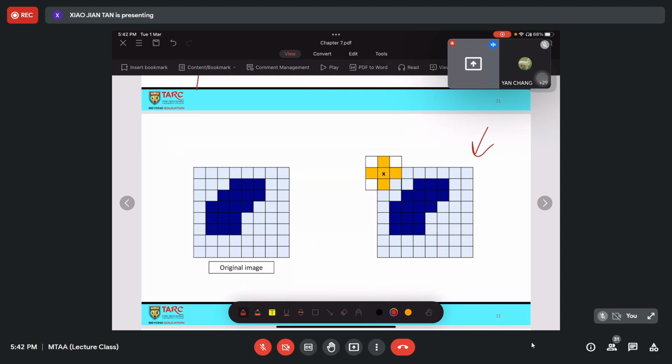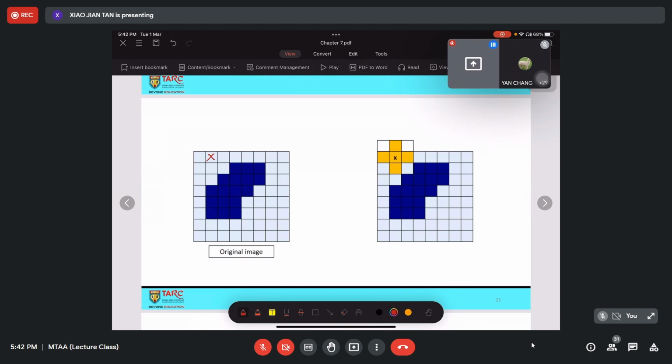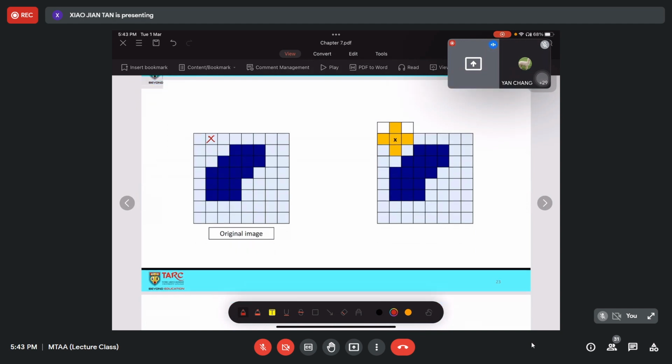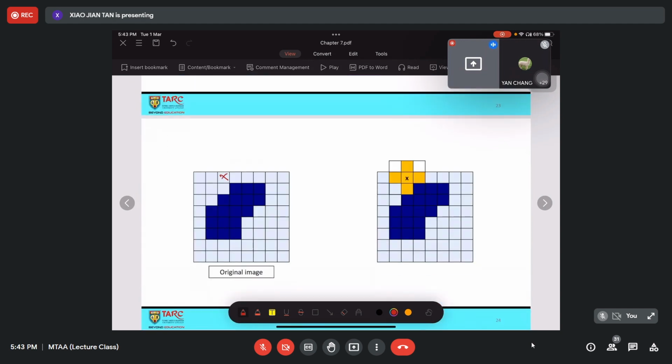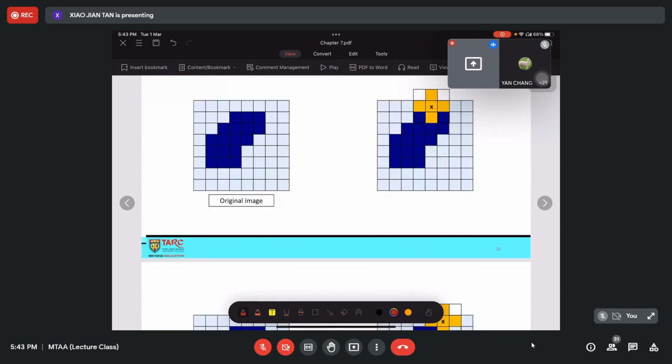First of all, I apply the kernel to the first pixel here at the center, and then continue to move to the next pixel. Because nothing overlaps, I just proceed. Again, move to this pixel, nothing happened. Now I move to this pixel, nothing happened again. Move to the next.